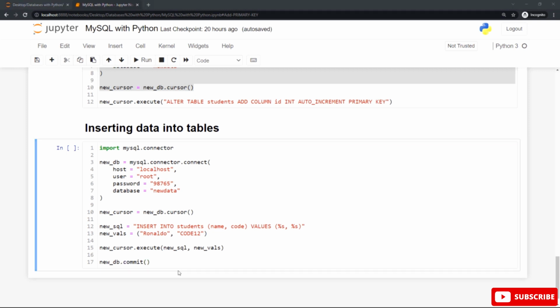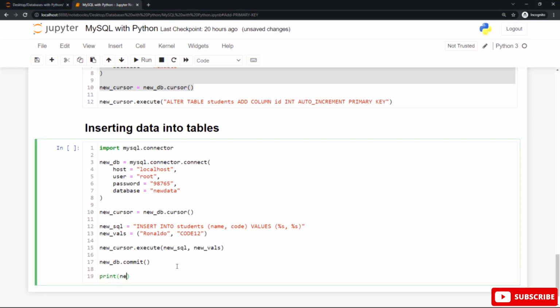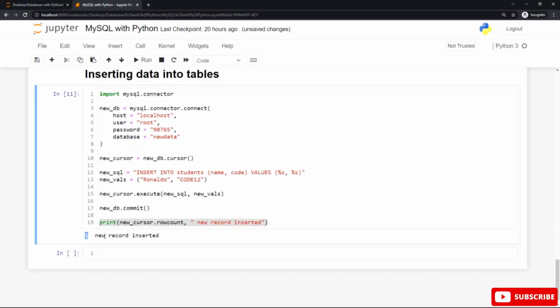After that, let's print the row count by using the row count attribute with the print built-in function. You can see here, after using this statement, we got this output: one new record inserted.